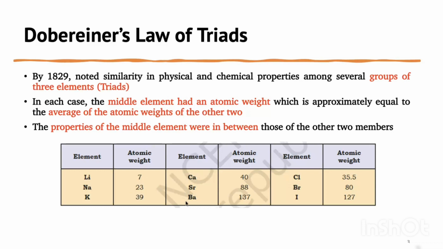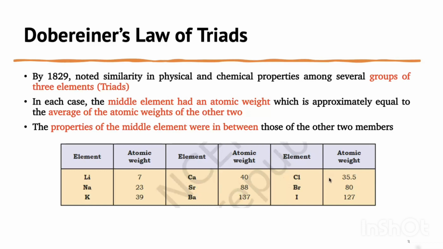Now, if we consider the second series, calcium, strontium and barium, the atomic weight of calcium is 40 and that of barium is 137. The sum of these two, 137 plus 40, is equal to 177. And the average is 88.5, which is approximately equal to 88,